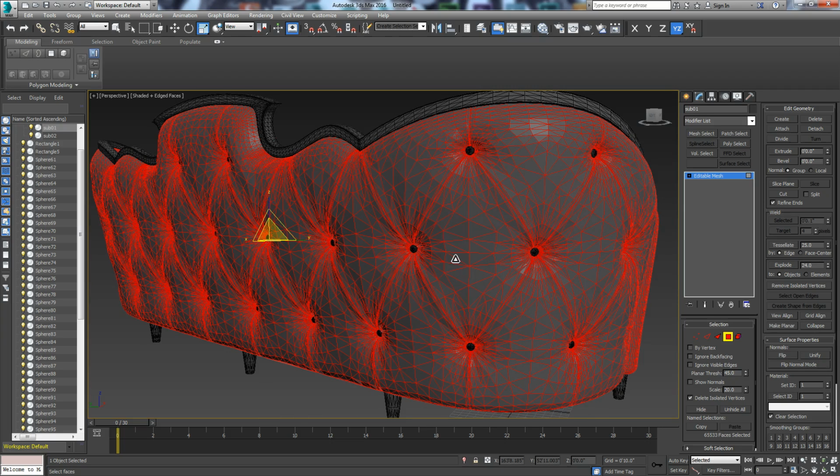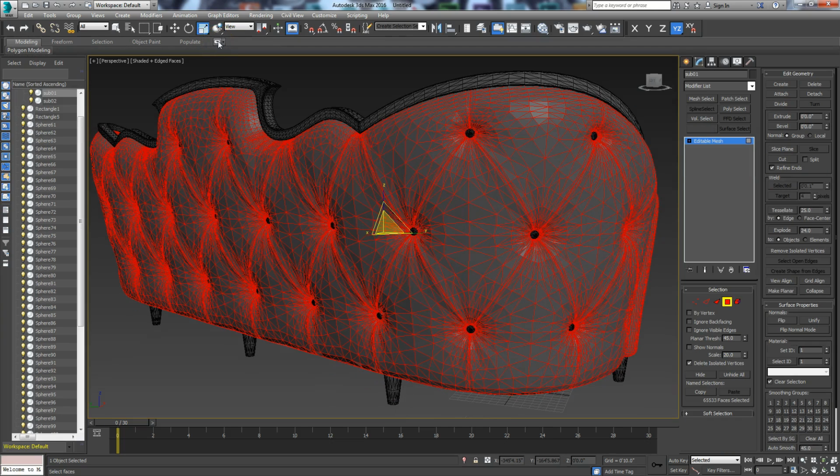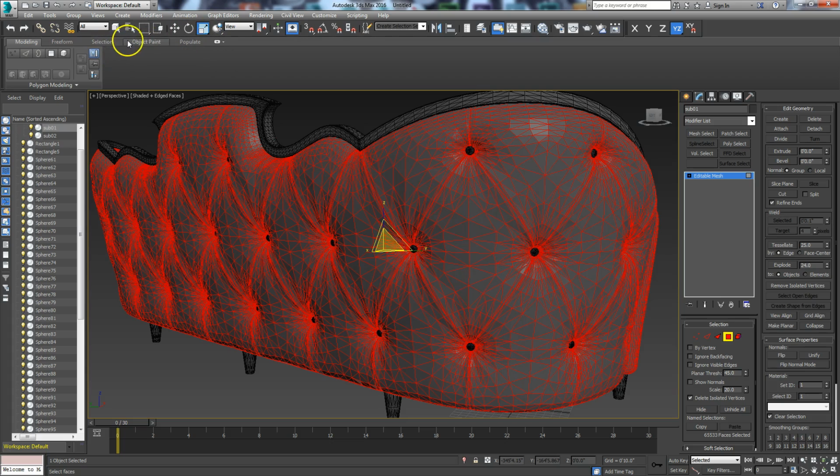This is all triangulated, and we want to turn it into quads. It doesn't have to be in quads because we're not going to subdivide it, but sometimes I want to modify stuff. So this is just a part I normally go through, and I just want to convert it to quads. So if you'll go up here under your ribbon, under your graphite tools, we're going to go into